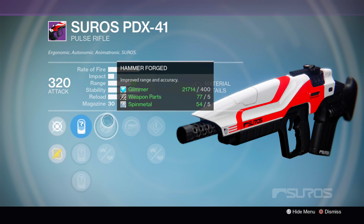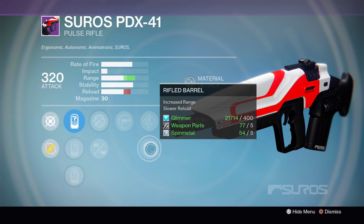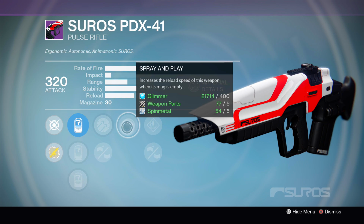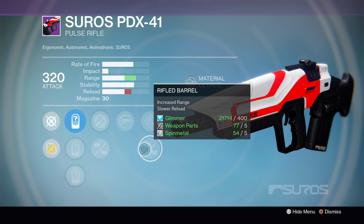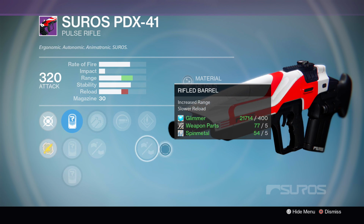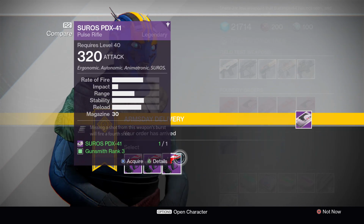It's got SPO28 for bonus to aim assist, hammer forged, casket mag, spray and play, speed reload, and rifled barrel. So you've got basically maximized range on this version. Now the PDX41 actually has decent base stability, so if you can handle the kick on this thing, roll number 2 might actually be up your alley, as that extra range is going to be having you hit harder at